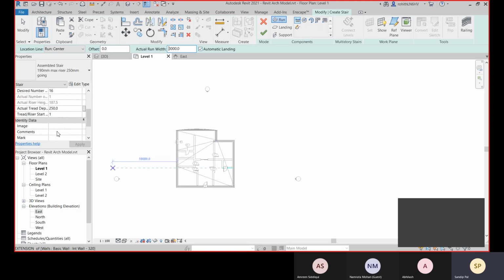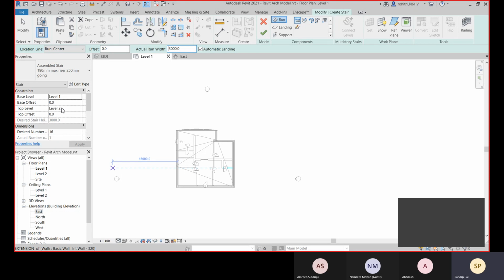And you choose how many steps you need, and according to that you will have the riser height. The total stair height is defined by the base level and the top level. You cannot change that stair height.